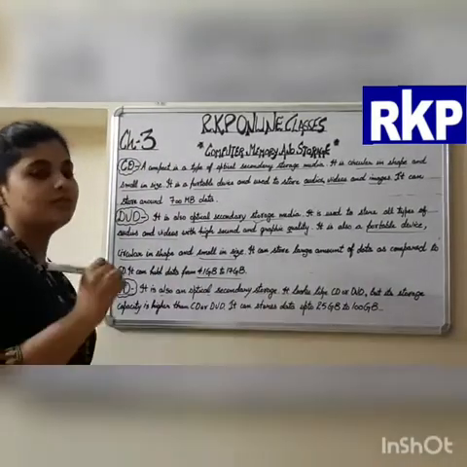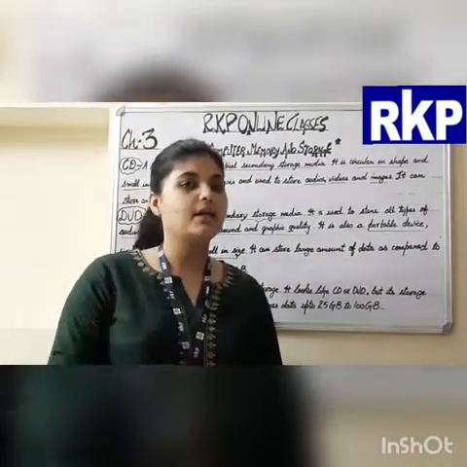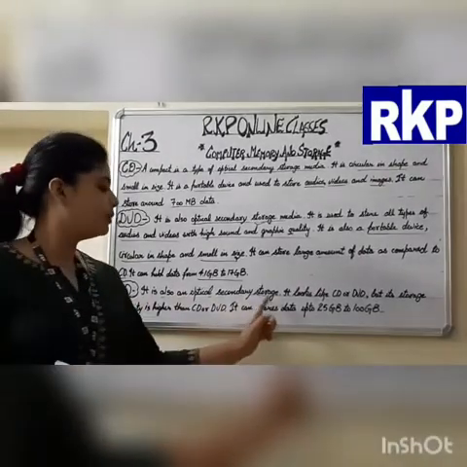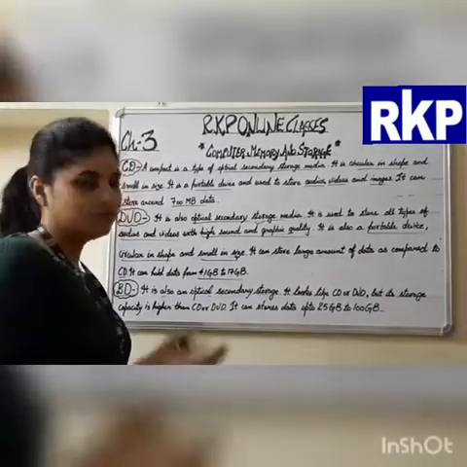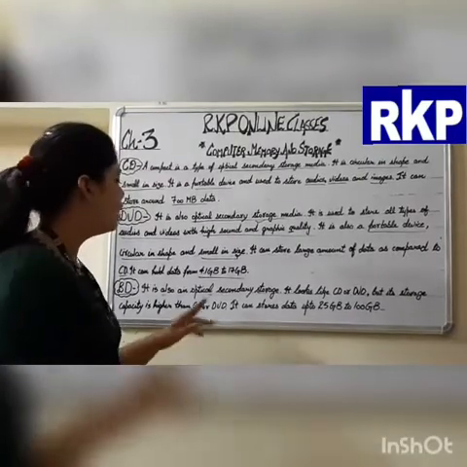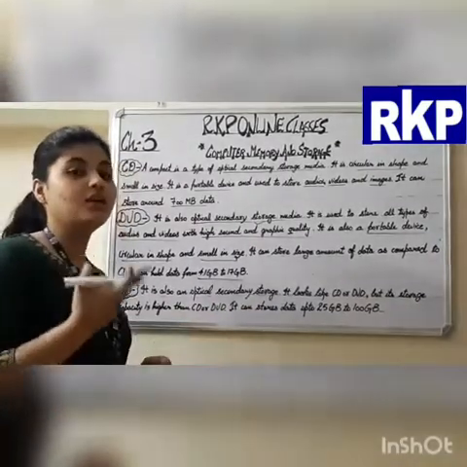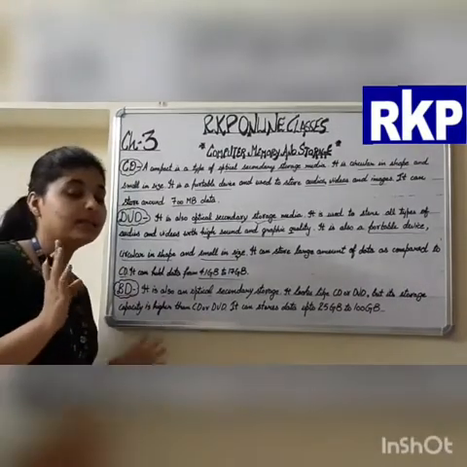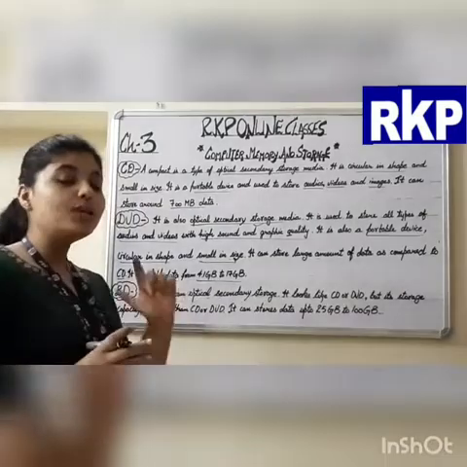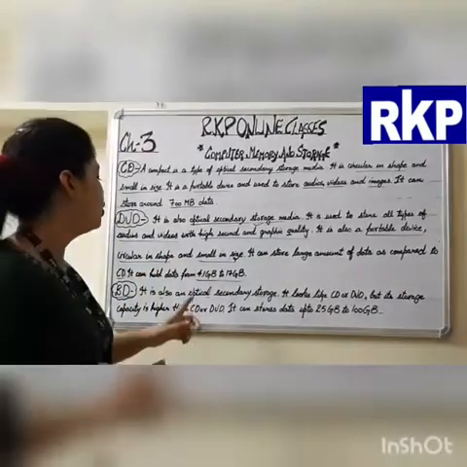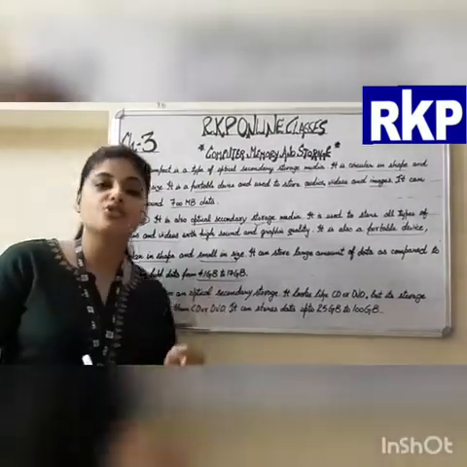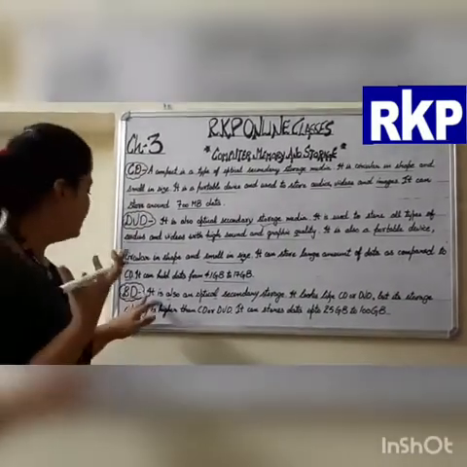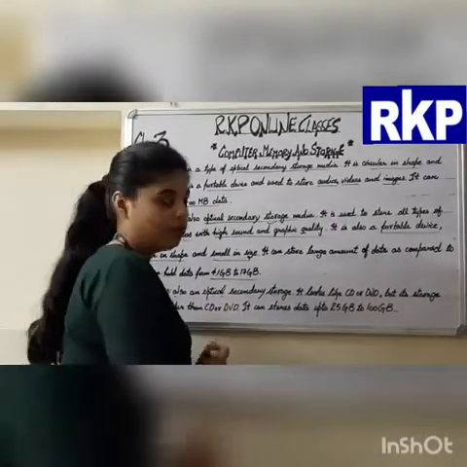Next is BD. What is BD, students? BD stands for Blu-ray disc. It is also an optical secondary storage device. Maybe now this definition is clear to you that it uses optical laser light. But as the name indicates, Blu-ray disc, in this a blue laser beam is used in order to read the information stored on BD.